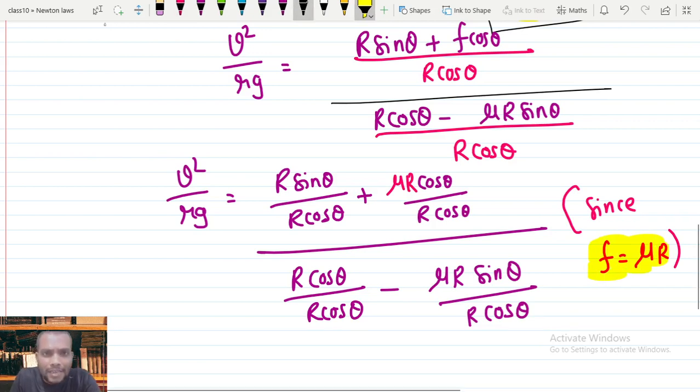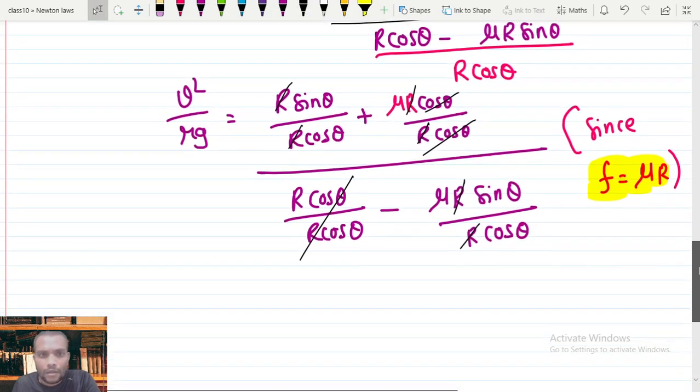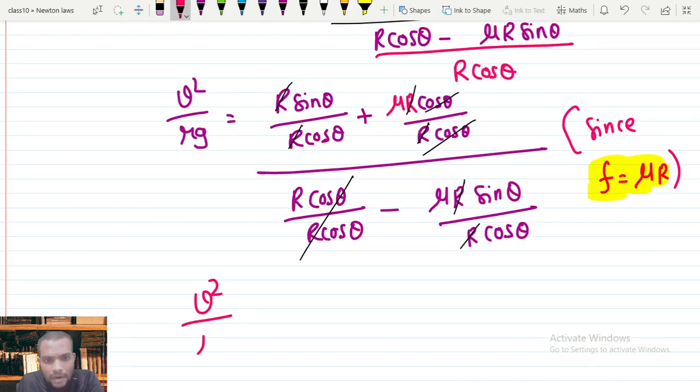After substituting that, let us cut the like terms. r gets cancelled, and in this also r gets cancelled along with cos theta, and this entire term gets cancelled, and again r in the numerator and the denominator in the fourth part will also cancel. Now finally I got an expression equal to V square by Rg, a simple expression equal to sin theta upon cos theta. This part contributes to tan theta